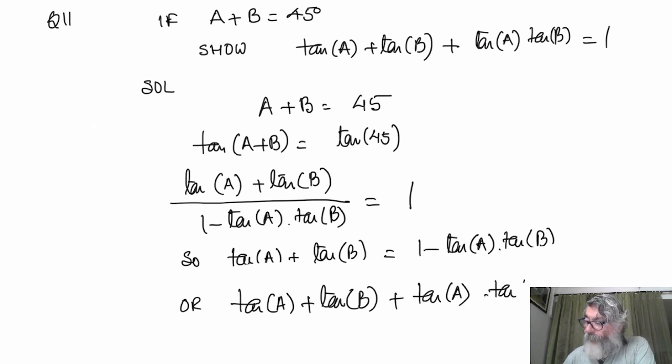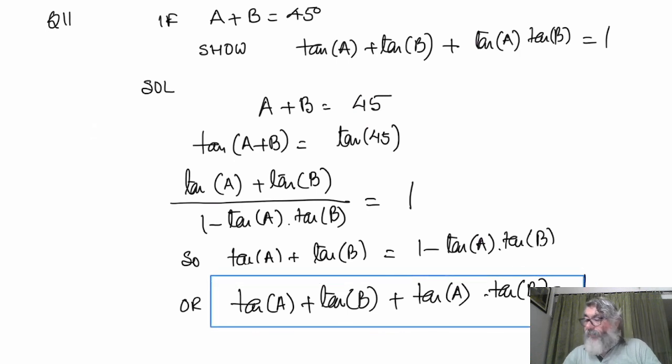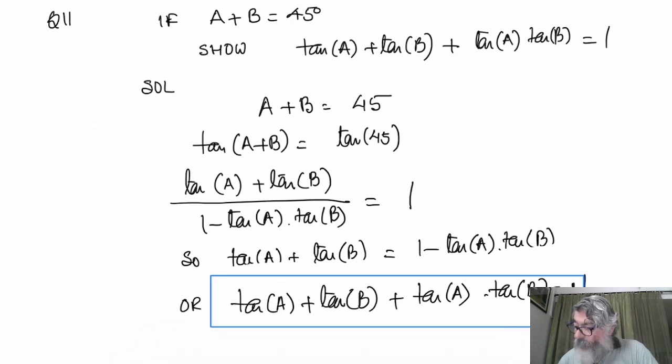That is what we had to prove. If you look at the question, this is what we had to prove: if A + B is 45°, then prove this. Alright, so we have got tan A + tan B + tan A tan B equal to 1. Let me write 1 clearly here, it is not visible. And then he says